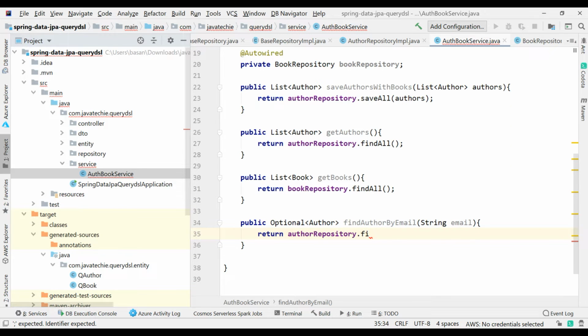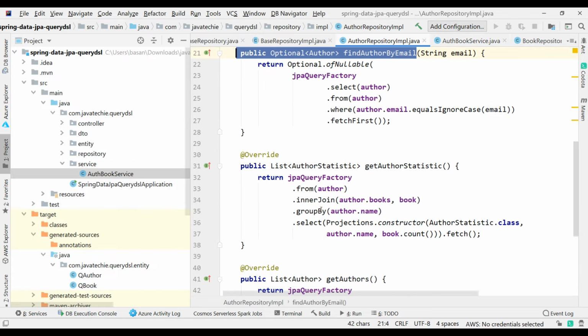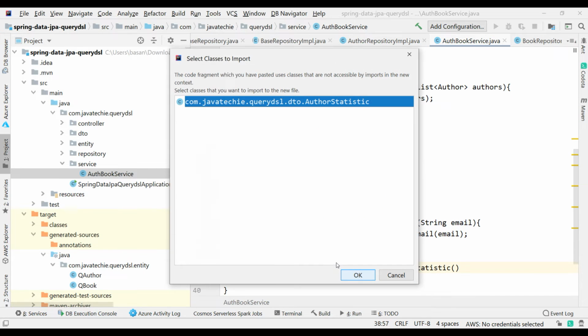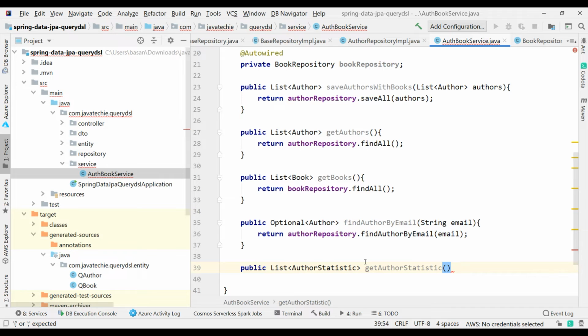You can use this method with the email. Now let's write another method to fetch the author statistic. Directly I will just copy this because the return type is the same. I'll directly return authorRepo.getAuthorStatistic.